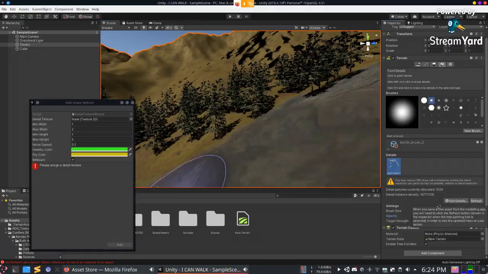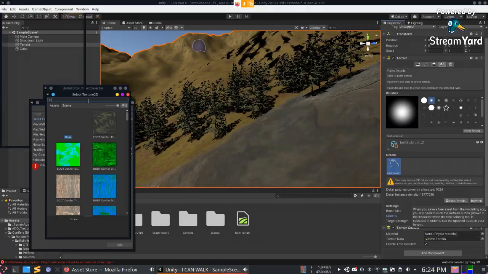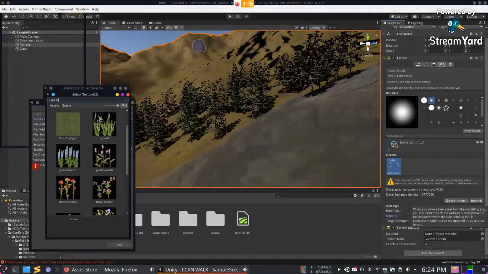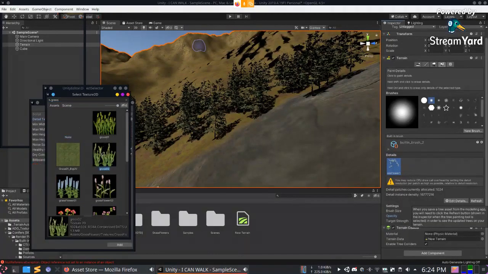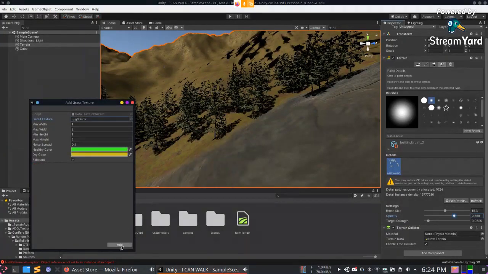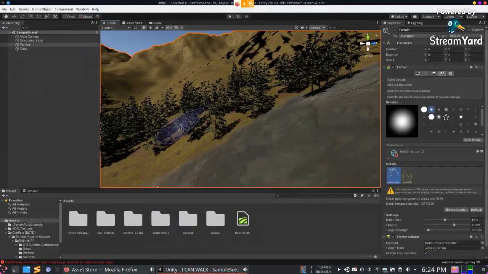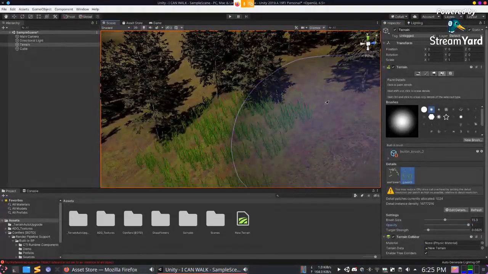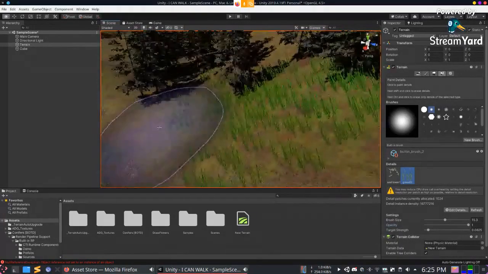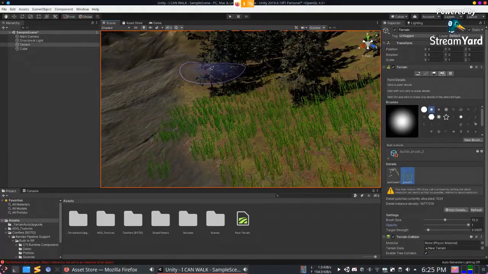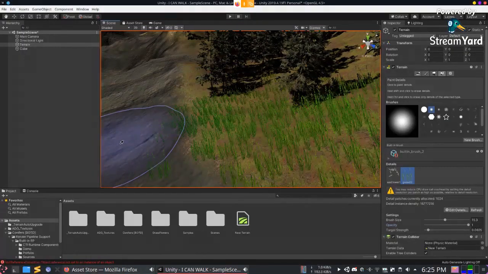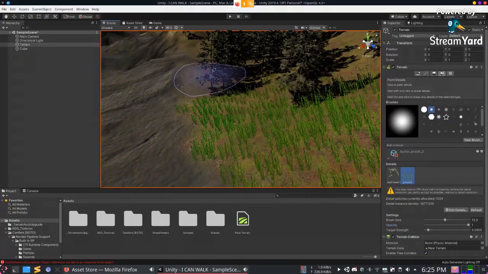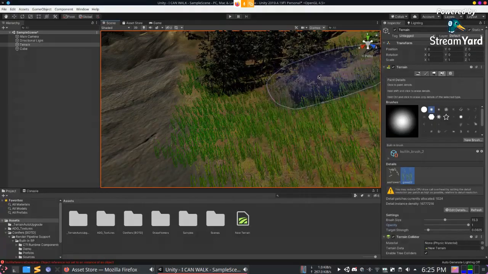Now let's add another grass texture. Let's just boom opacity on once and see how much deep it goes. Can be a bad idea, but nah, it wasn't that bad an idea. Bit of it went in, so shift click and remove them. Just put a lot of grass in here.